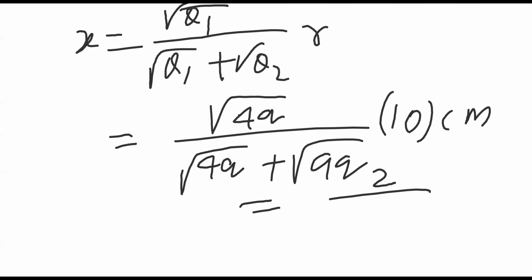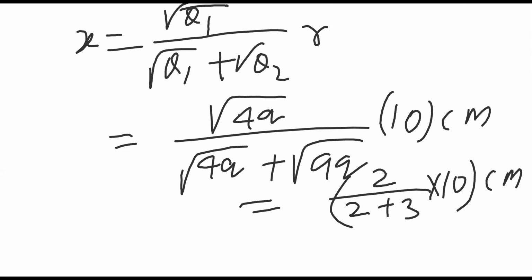Then above is 2, divided by 2 plus 3, into 10. Now see, this is a number. So 2 plus 3 is 5, so 5 and 10 will get cancelled. So 2, 2 is 4. So the answer is 4 centimeter. So x value is 4 centimeter. You see how quickly and how easily you are telling. You are not doing any force formula. Already whatever concept I told, the force formula concept, that means you have to equate the forces. That is also good, but in this way you can find easily. You can save the time. Are you understanding?